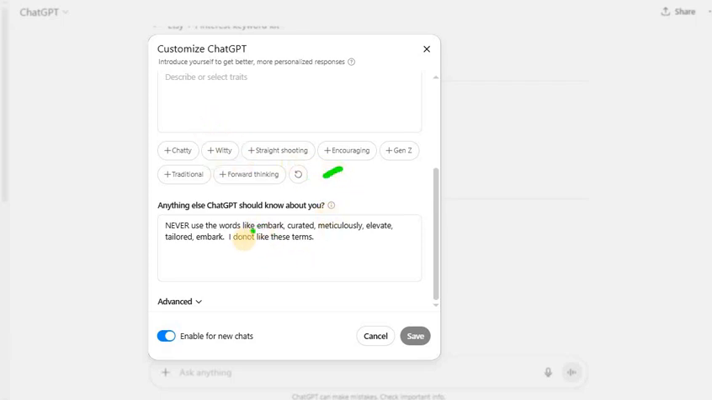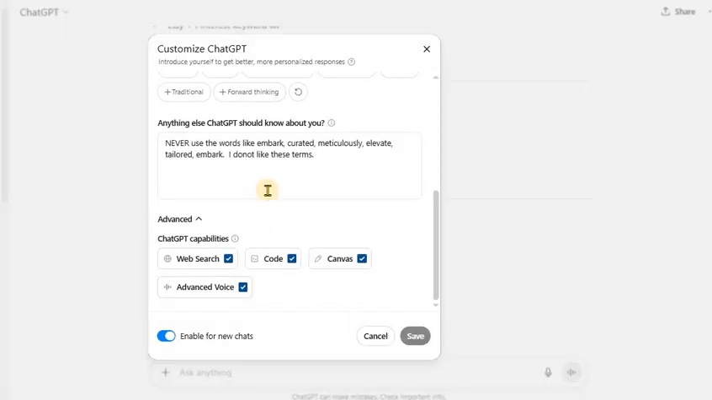Okay, next you have anything else that ChatGPT should know about you. So you can limit what ChatGPT uses and what it does not use. For example, never use words like number, curated material, less than, triggered, like that. For example, I have added this one, and then in these advanced options, make sure all